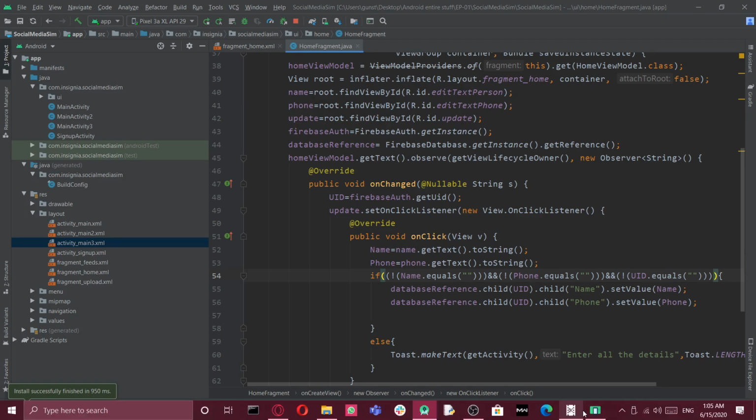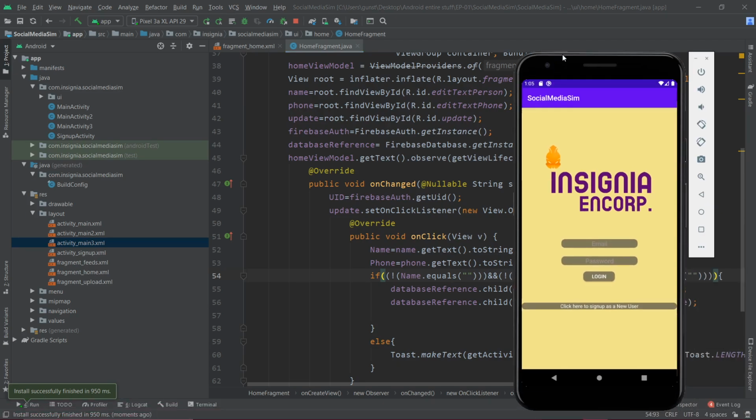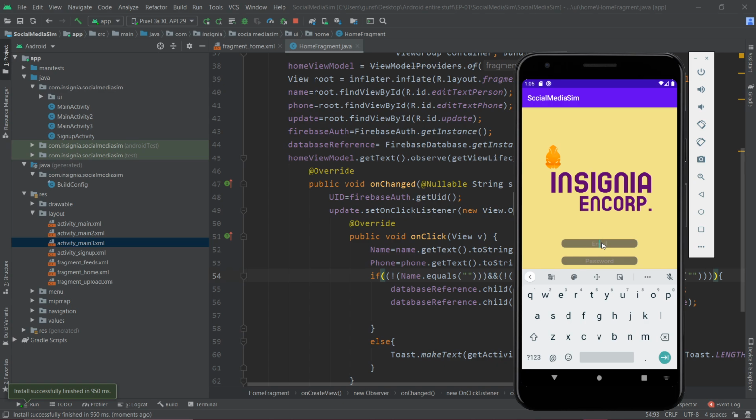It says that the install is successful. So yeah, it is a new application. So we'll just go ahead. We'll click user sign up. Now I'm gonna give a different ID, and I would have to give a password. So I'm gonna use something like 1 2 3. Just go ahead and hit sign up.